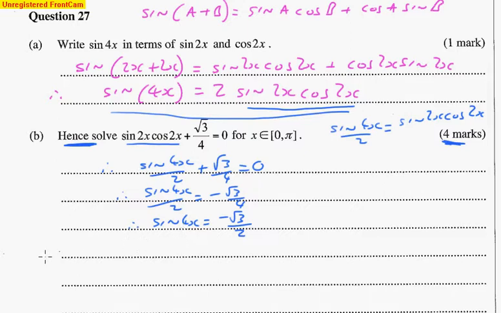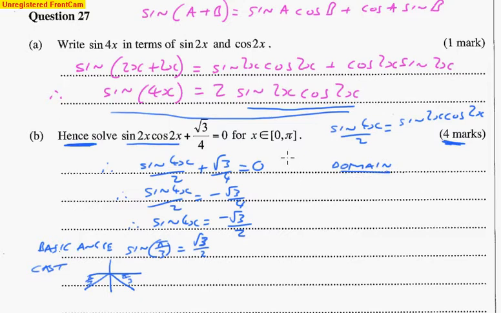We need to find the basic angle, and that is the sine of what gives you root 3 on 2. Remembering we ignore the negative sign to find the basic angle, and you should get that comes to be pi on 3. Then we have to look, using the CAST diagram, to find which quadrant we're in. Now sines are negative there and there. We mark in our basic angle to the horizontal, so that's pi on 3 there and pi on 3 there. And now we have to look to the domain